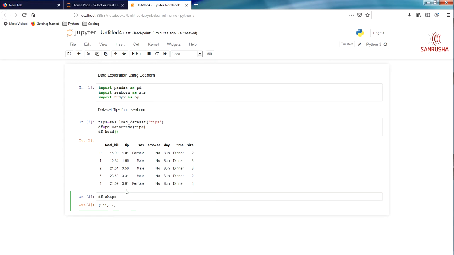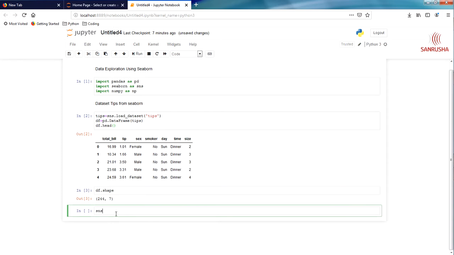These things you have to understand, and understanding these aspects of data is called data exploration, and that's where Seaborn comes in handy. So the very first thing you need to do in such cases is understand the distribution of the data, and to do that you need to plot the distribution graph. Just say sns dot distplot and just say df